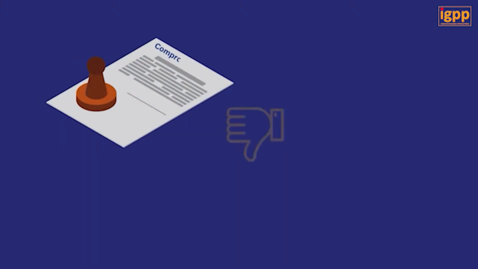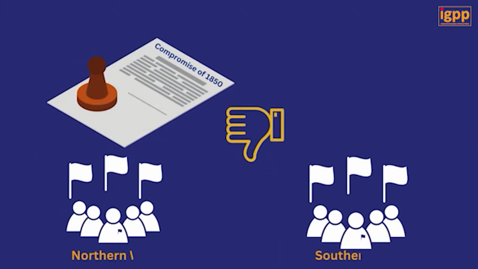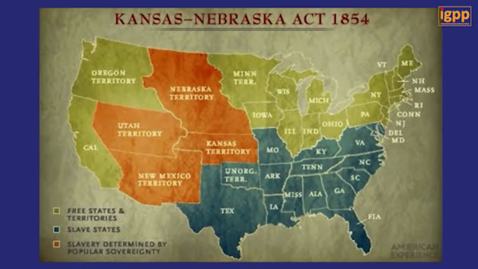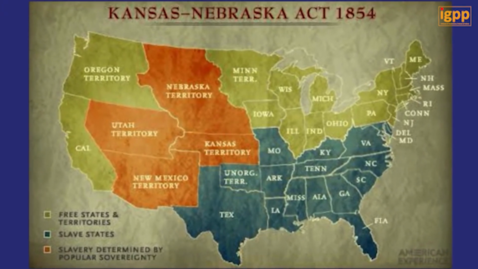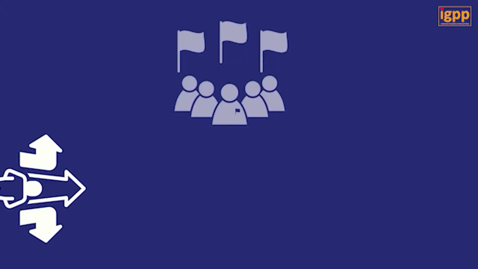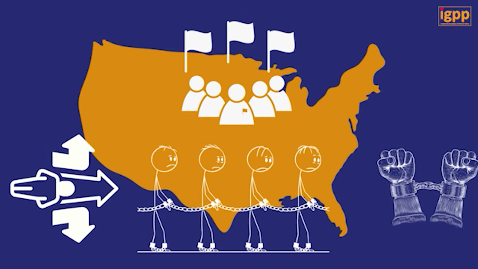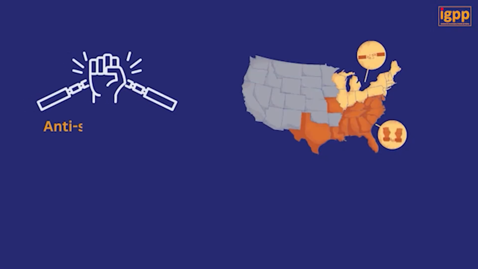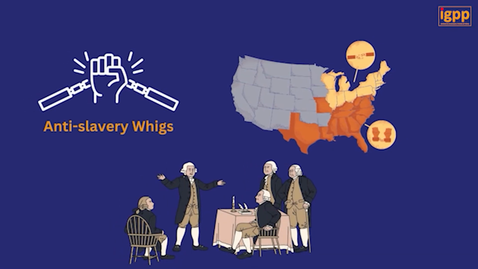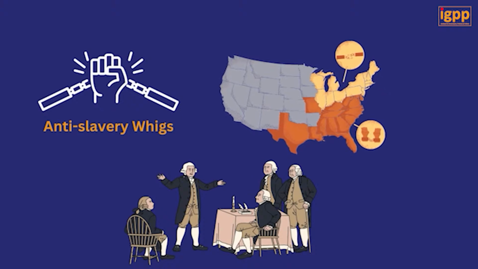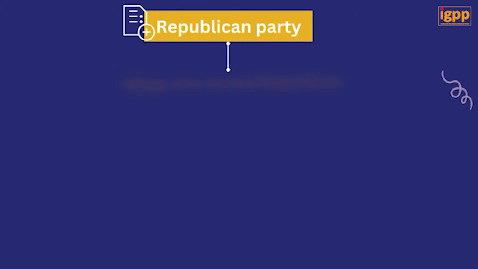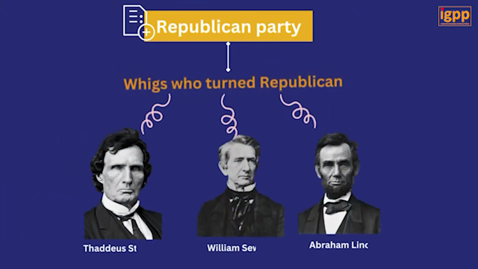The Compromise of 1850, signed into law, was immediately and widely unpopular with both northern and southern Whigs, who each had their own grievances. The divisive slavery issue came to a head again in 1854 with the passing of the Kansas-Nebraska Act, which authorized new territories and states to decide for themselves if they wanted to allow slavery. Anti-slavery Whigs, deciding that their party wasn't sufficiently committed to halting the spread of slavery, splintered off and formed the Republican Party along with the anti-slavery Democrats.